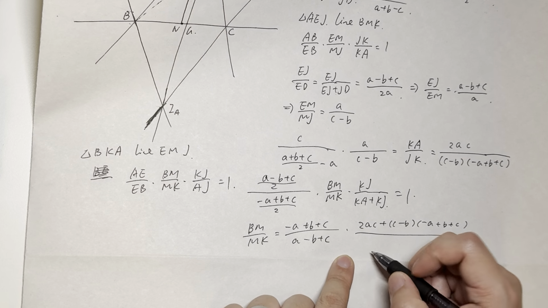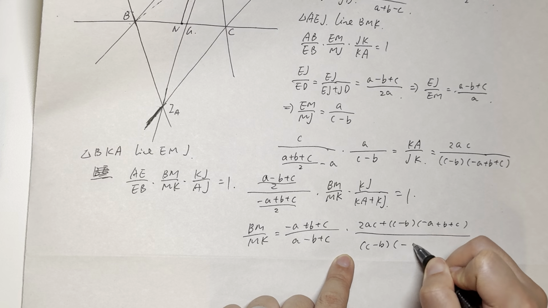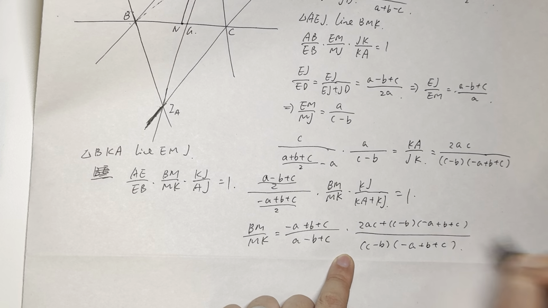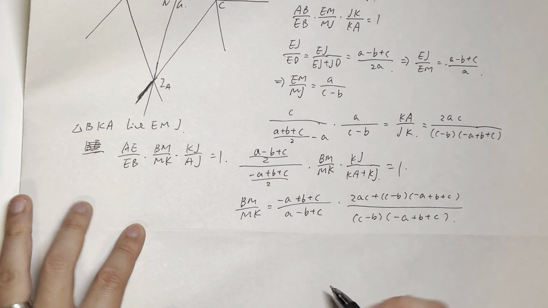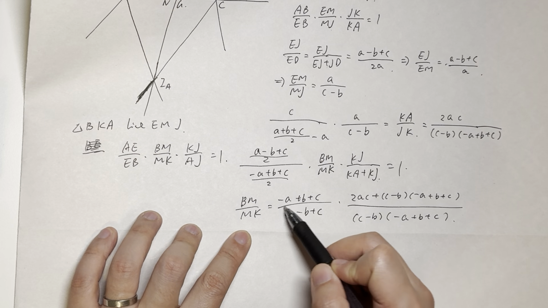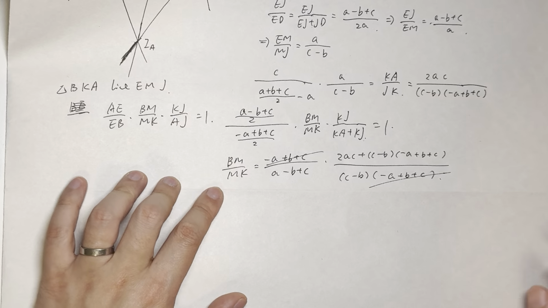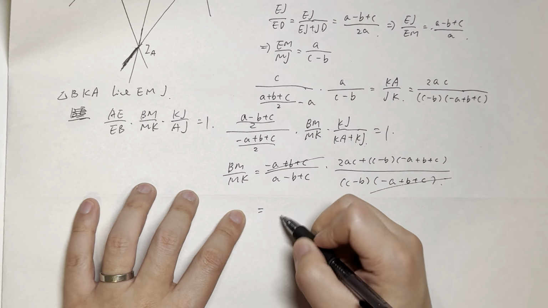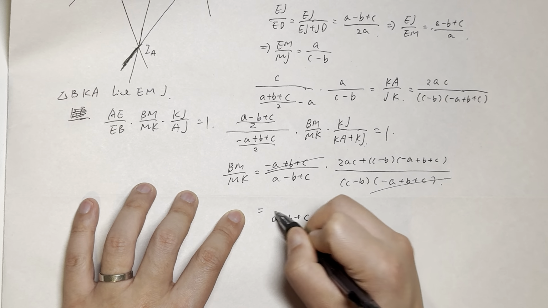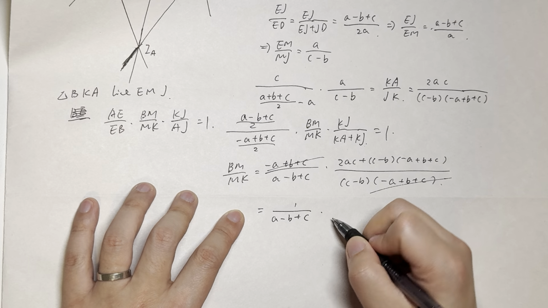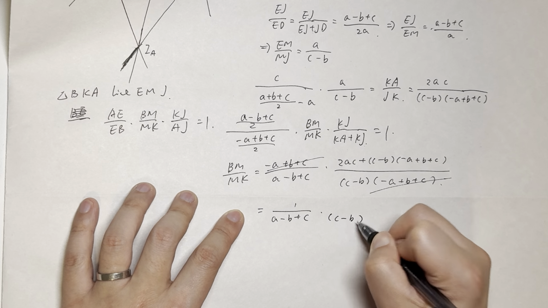KJ is this one, so C minus B minus A plus B plus C, right? And now we can see these two can cancel each other, right? So it equals A minus B plus C times C minus B,